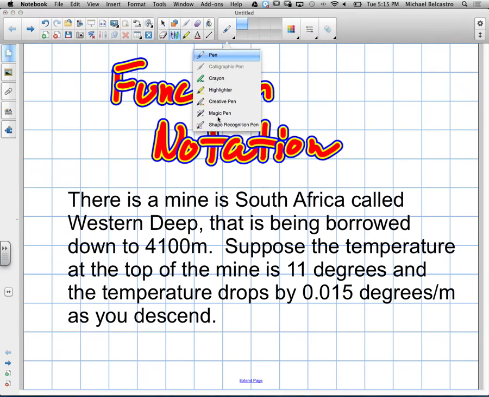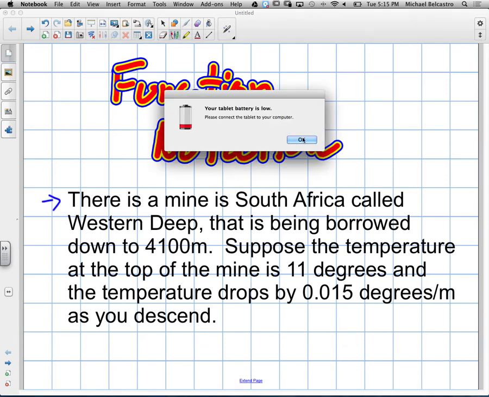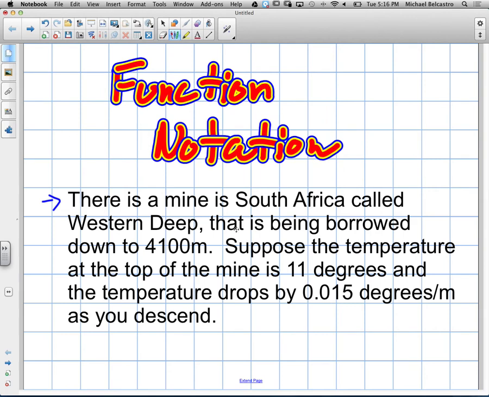Okay, so we're going to look at function notation. In this example, they've given us a word problem. The first thing we're going to do is create an equation from the word problem, and then we're going to put it into function notation and try to make sense of it. So the question reads: there's a mine in South Africa called Western Deep that is being burrowed